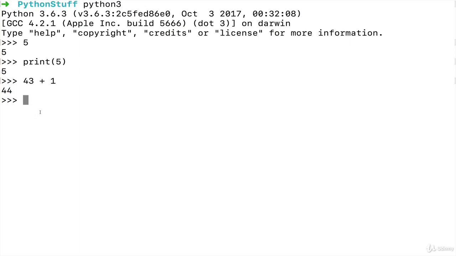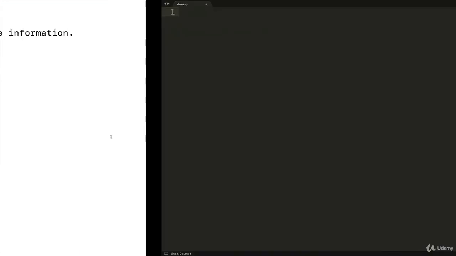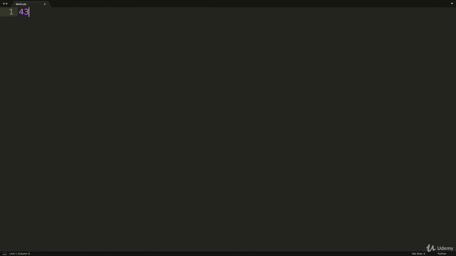So that's very different, like I said, than how most people write code. You might write 50 lines in a file and execute it all at once. In the Python interpreter, you type a line and another line and another line, and they're all evaluated individually and printed back to you. But if we take a line just like 5 and I put it in a Python file, which I have over here, or even let's do 43 plus 1 just to be consistent, and I save